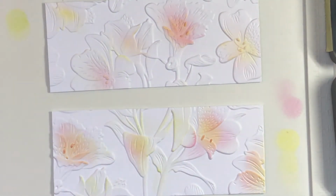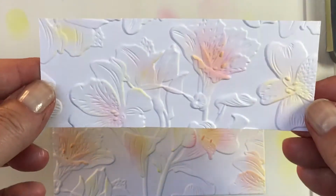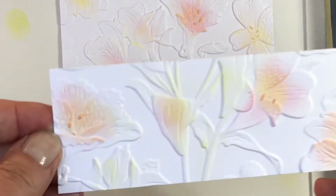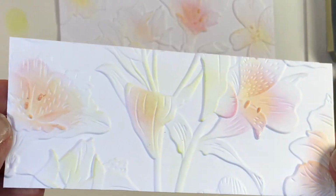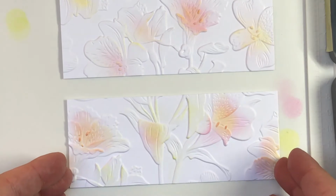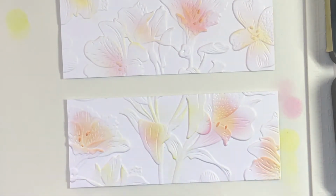So the top one are the brushes and the bottom one are the daubers. And as I say, it's entirely up to you which one you prefer. Before I leave this embossing folder, I'm going to do the same thing again, but I'm going to change the